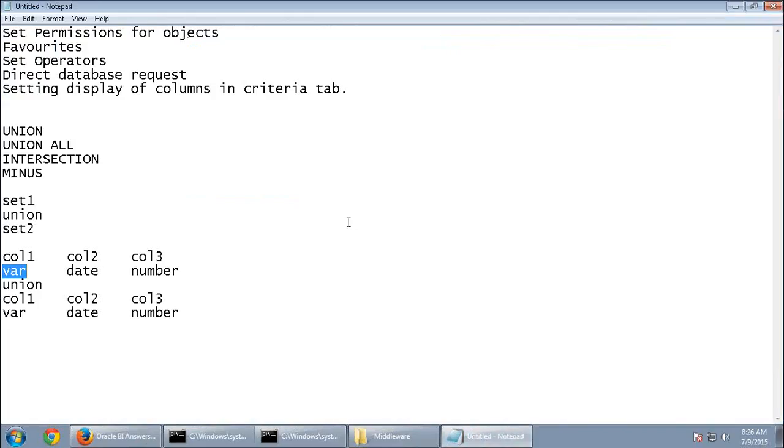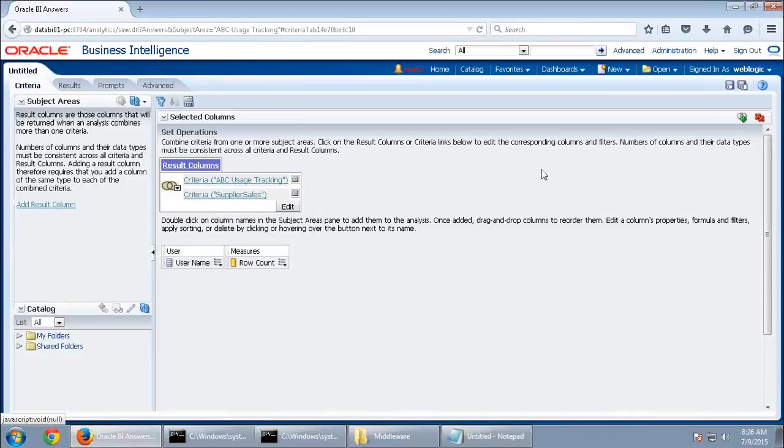Okay. Next is how to have a direct database request. This is pretty simple, very direct. So what is a direct database request? If you want to look into your database results from your application itself, without going to SQL Developer or any other tool, if you want to fire a query and have the results, you can. You need not build a physical layer, presentation, BMM layer, all those. Make a direct query, run it, and you should be able to see the results.